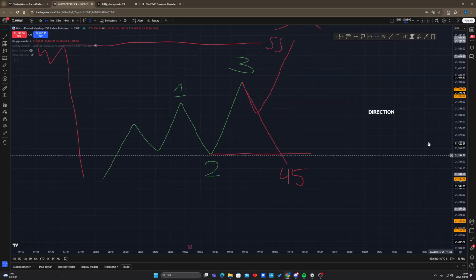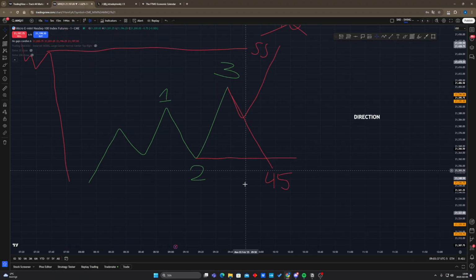What I need to tell you is just that the 4 and 5 gives you direction of where we're going. Okay, how do we do that? How does everything tie together? We know that number 1 is a number 3. We know that number 3 is a 1. We know that number 2 is a 4 and a 5. And we know that a 4 or 5 is a number 2, right? So, based on that information,